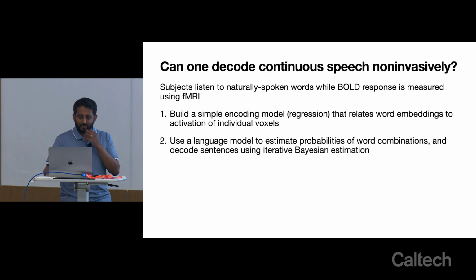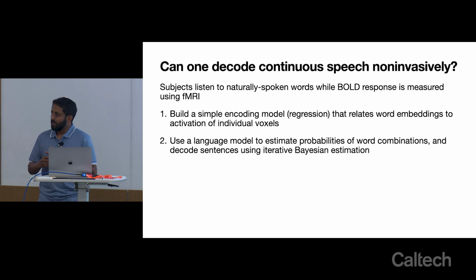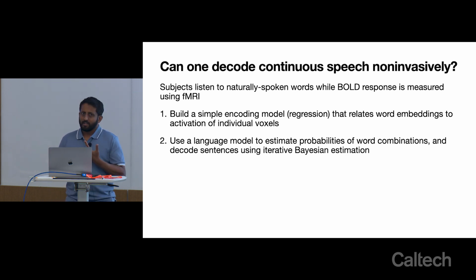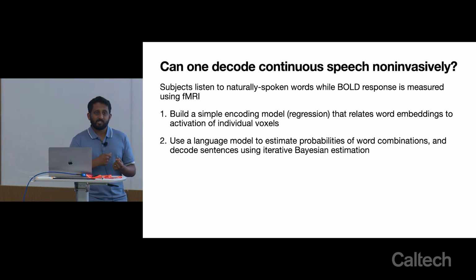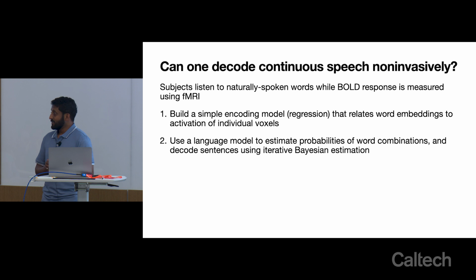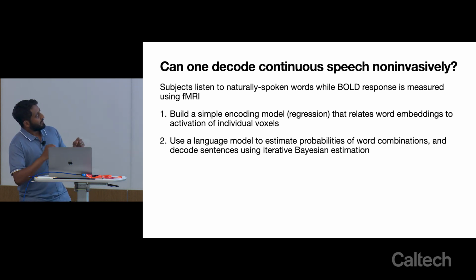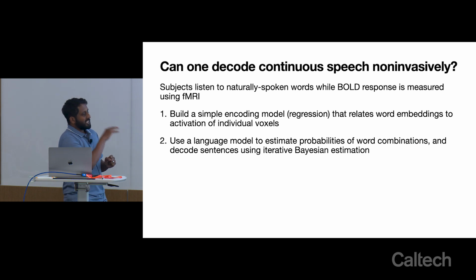Neural encoding of language. Some of you might be familiar with this work from Alex Huth's lab at the University of Texas, Austin. The challenge their team is taking on is: can one decode continuous speech non-invasively, through fMRI? Can we actually decode speech through fMRI? And their strategy here is to build a very simple